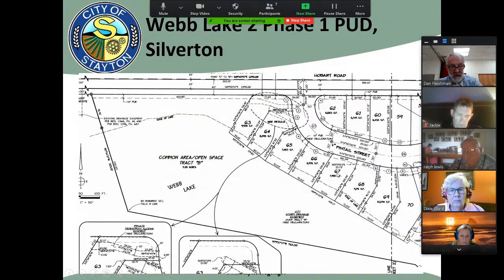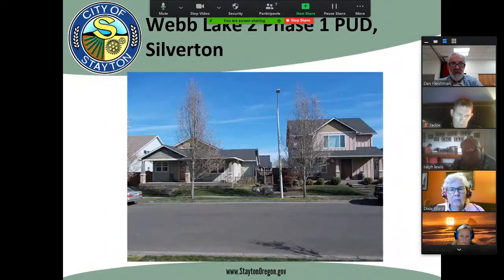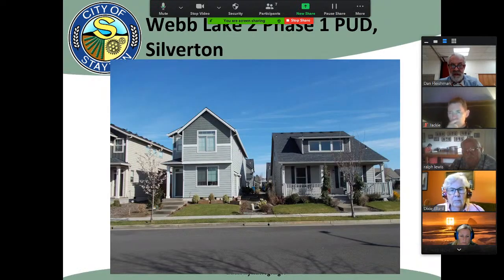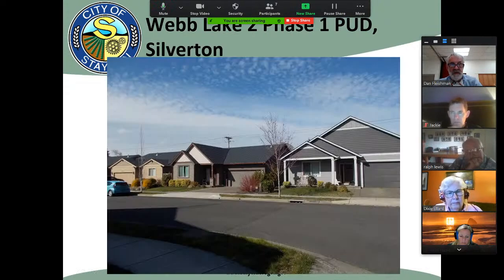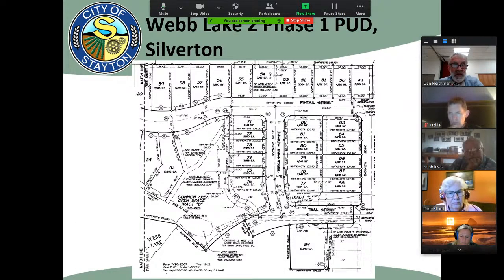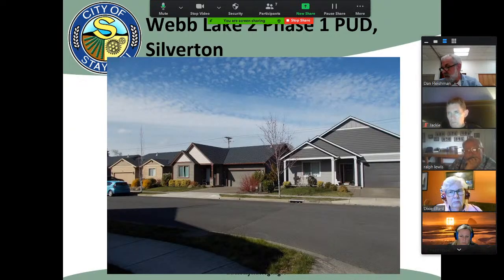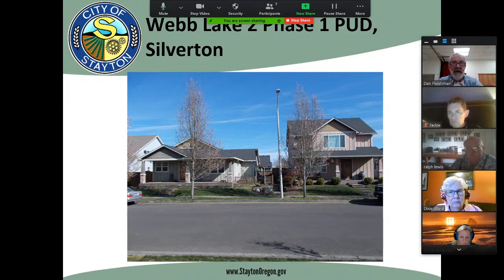And again, the street view of those, this house here is on one of those 25-foot wide lots. The ones next to it, how big are those lots? Those lots are 40, 36, 39 feet wide. So substantially tighter than what we'd be proposing here with going from 80 down to 60.